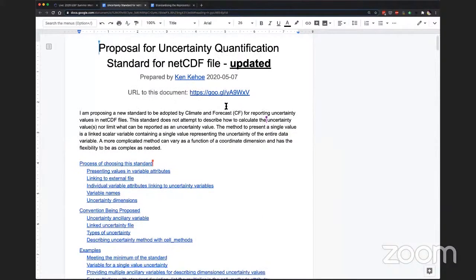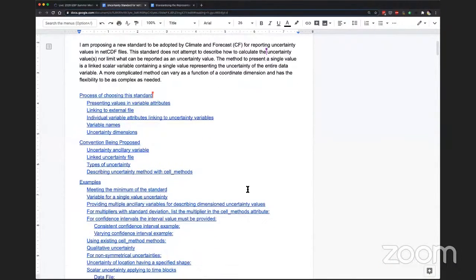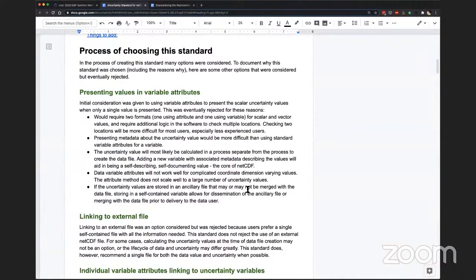Since I'm sharing my screen, you can follow along on the screen or follow along in the document, both ways work. The proposal is currently structured in a way where I have set up some of the history of why it was chosen the way it is. I think that helps to describe why the decisions were made. I'm not going to go through them all right now, but you can read them at a later time or right now. Essentially, some of the ways that I initially thought about this and then the reasons why I chose